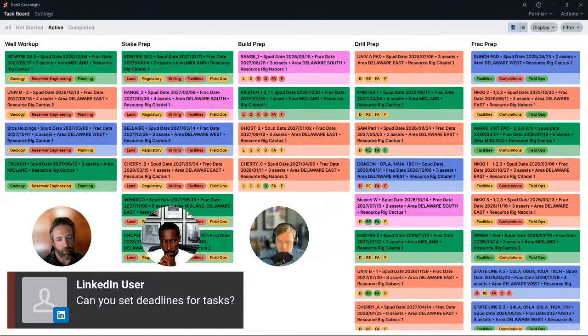vice versa, and making sure that the way the thing actually functions will speed people up, because we've seen people take the development planning or development scheduling approach and try to use those tools for pre-spud stuff, and it just causes a whole lot of problems. And so we want to do it right and get the nuances of what scheduling this kind of work actually